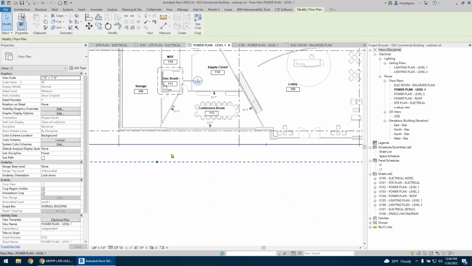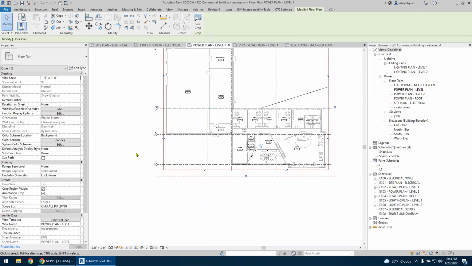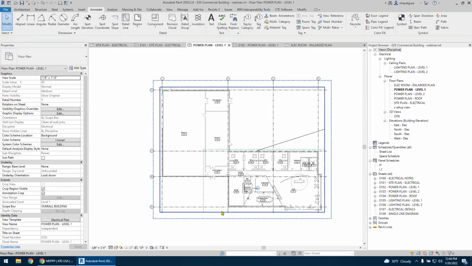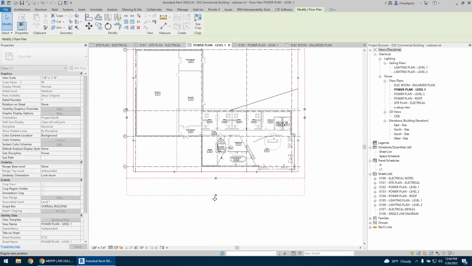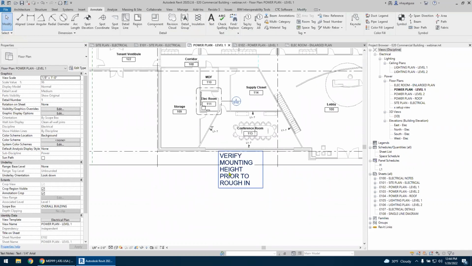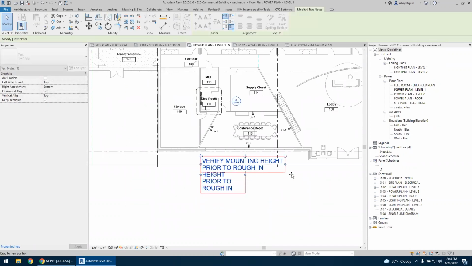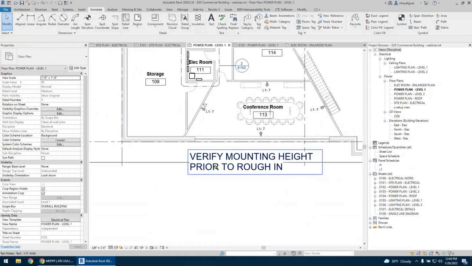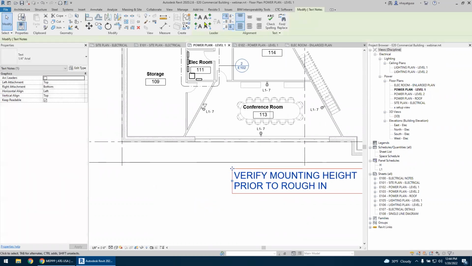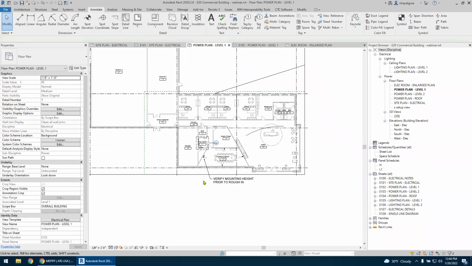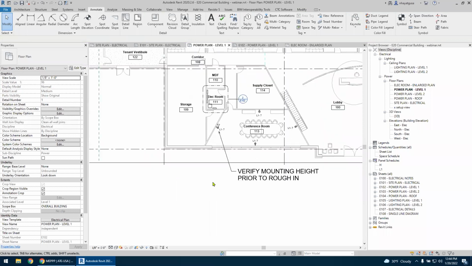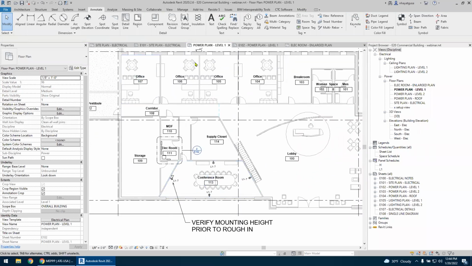Where'd it go? I've got this annotation crop border around the edge. When I click on this border, my crop border, there's my text. When I got that up there, it made it disappear. Anyway, so take that, just like mText, pull it over here. Up here, the arrows are built in. Do that, give myself a little landing, and there we go. So now you would just plunk your receptacles all over,